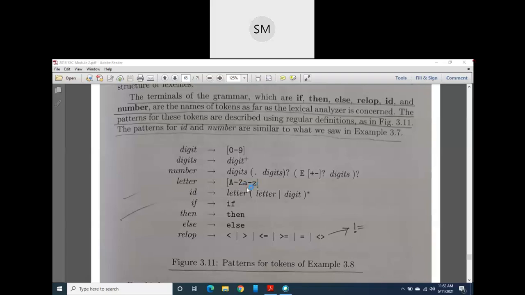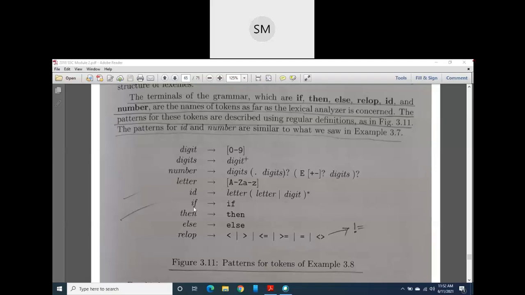Then the next question, very important and very interesting, is how to define if, then, else. What are these? These are keywords, right? For them the names will be the same here, that is if, and here also if. Then what is the difference, sir? In previous classes I told you, whatever I write in italics is called a symbol, and whatever I write in bold letters is called a regular expression. So try to differentiate between this if and the RHS if. Both are not the same. The RHS if is a regular expression, the LHS if is a symbol.